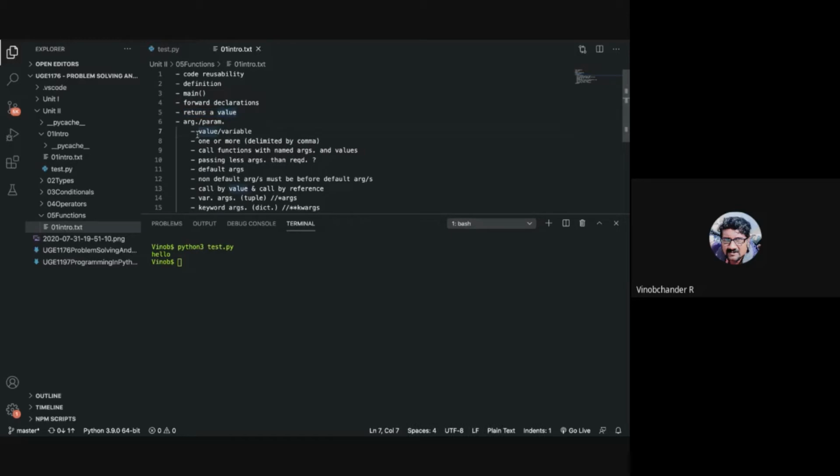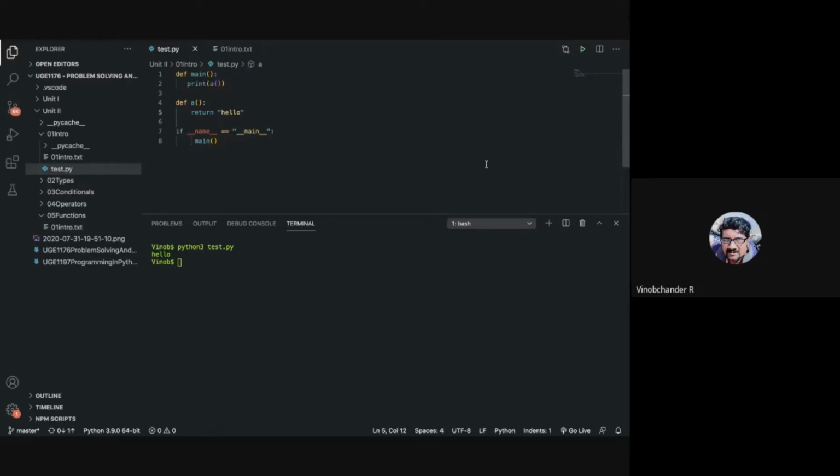Next, let us talk about arguments or parameters to the function. Functions can accept parameters or arguments. It can accept a value or it can accept a variable. Let us see an example. Say I have A, and let me print something. Let me have a variable X here, and then let me call this function and pass 1.